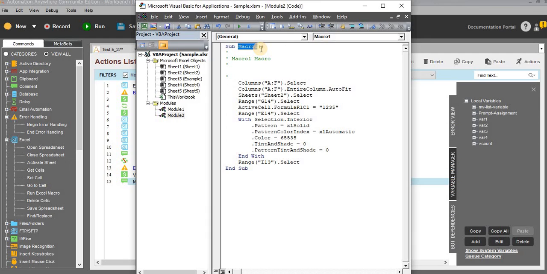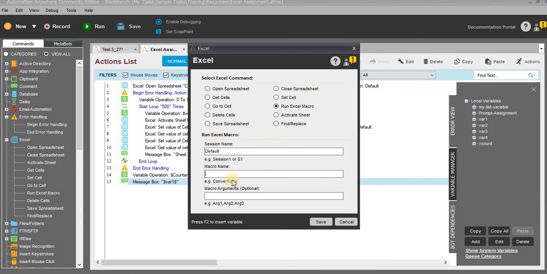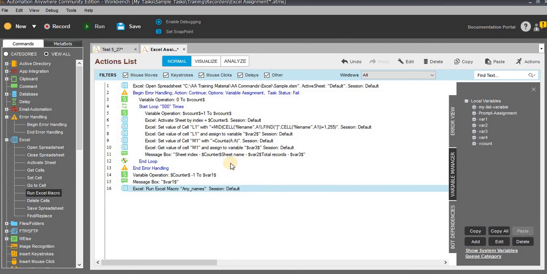You have not written anything here. While you are recording, it is auto created with the macro name as well as the macro details. You can even change the macro name from macro 1 to anything, without spaces. Here you cannot use spaces or any other symbols. You can use an underscore or else no space. It's very mandatory. In Automation Anywhere, you just need to mention this macro name. That's it. Now you are ready to run the macros.